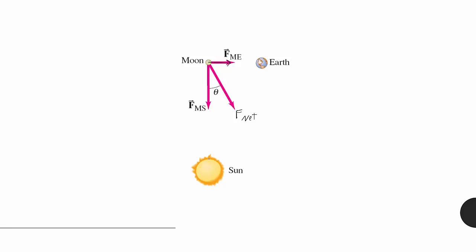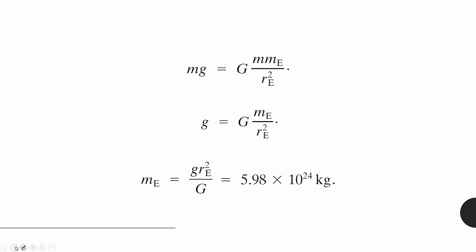The moon would also pull back on the sun with an equal force of sun on moon, due to Newton's third law. The moon would pull on the Earth also, force of Earth on moon. And this one here should be moon on Earth, which is actually what's responsible for the tides, right? It's the gravitational force of the moon on the Earth.